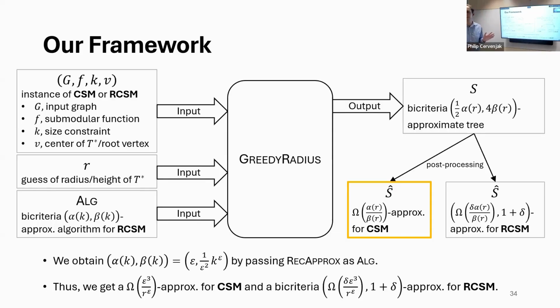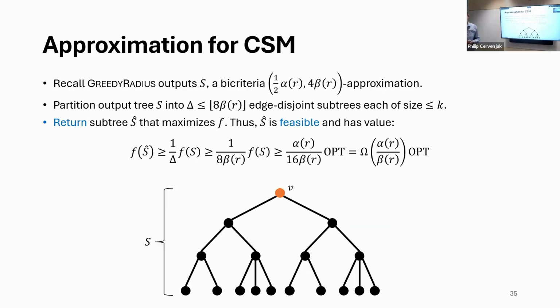Okay, so that's basically how greedy radius works. And now let's move on to these post-processing procedures. They're not too difficult. It's just some standard tree partitioning that we apply to the actual output solution, S. So once again, greedy radius outputs this solution S, which is a bicriteria alpha of R and beta of R approximation. And then to get the final solution for an instance of connected submodular maximization,